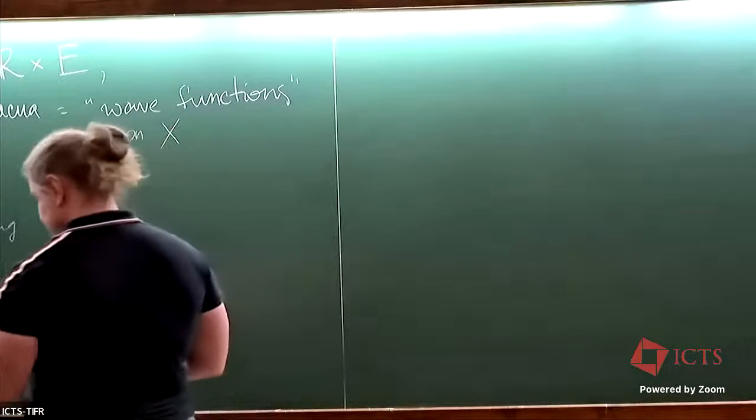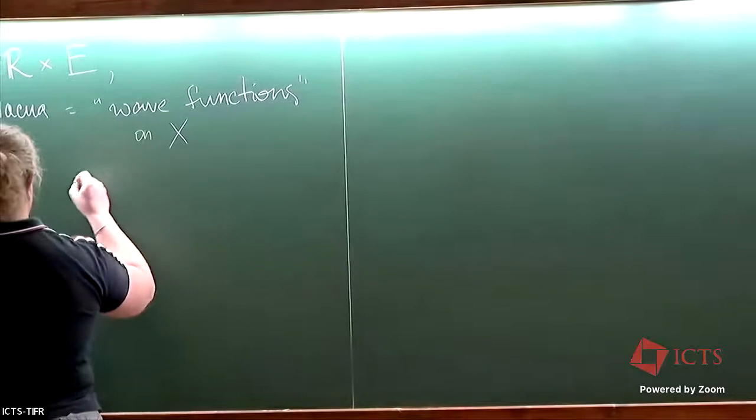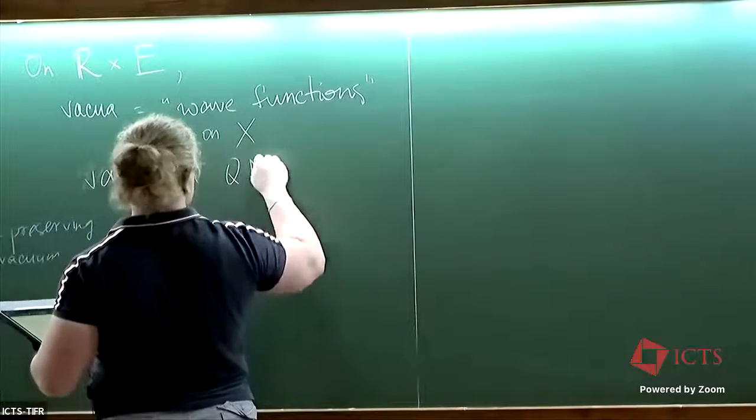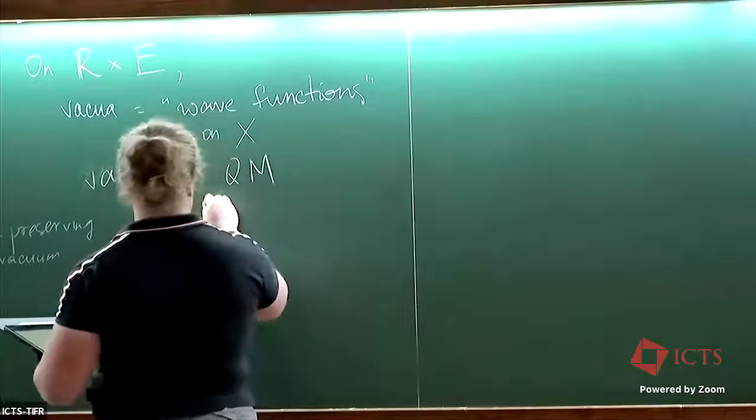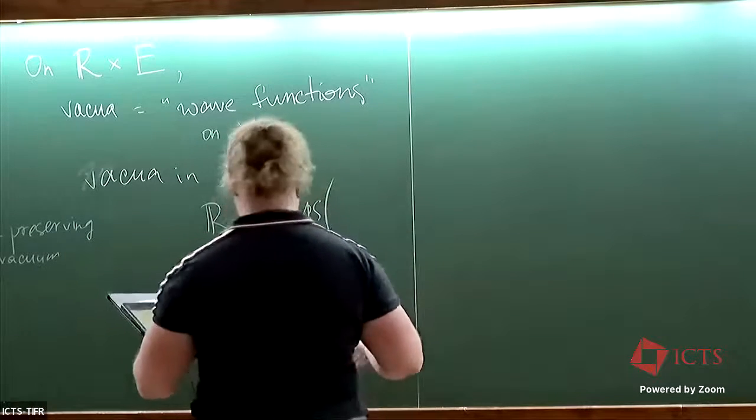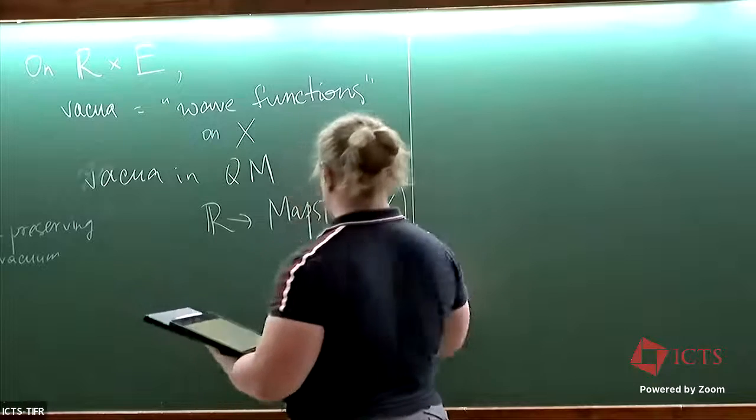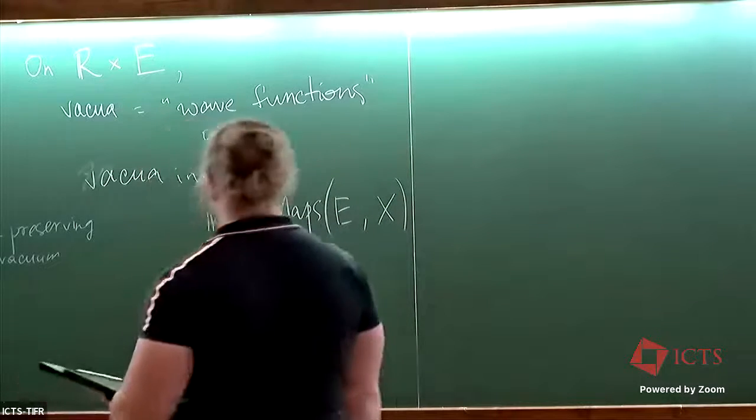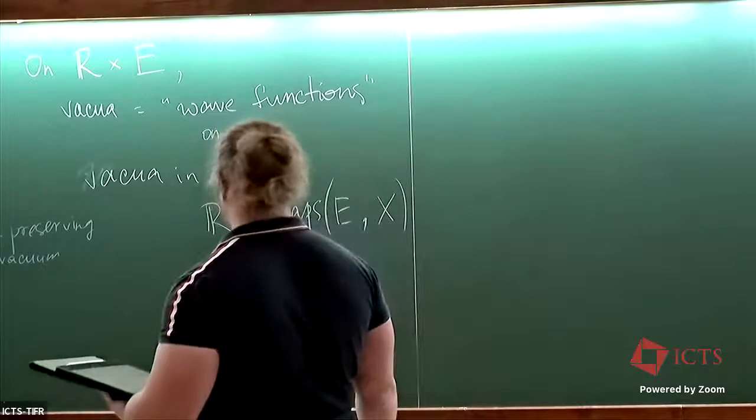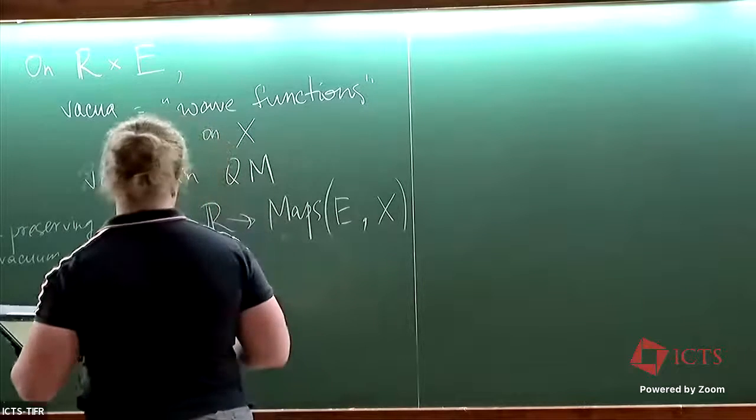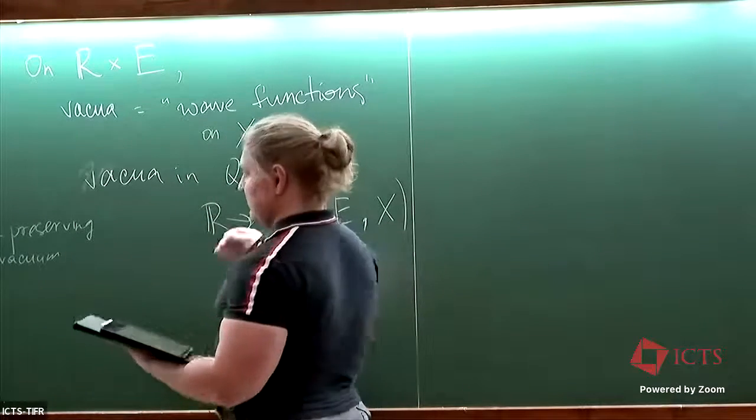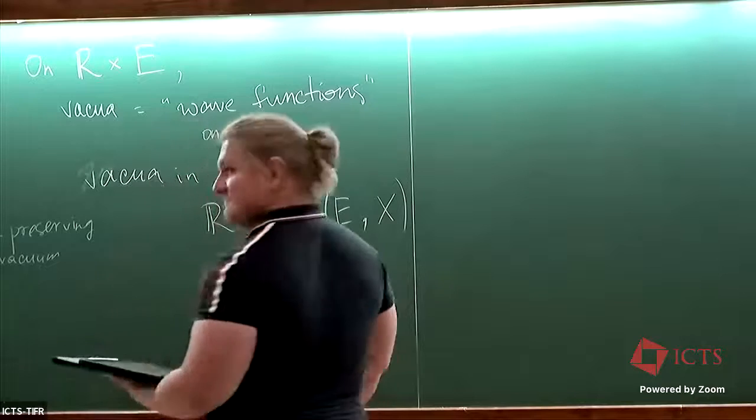and you can think of them as vacua in quantum mechanics of maps from R to maps from the elliptic curve to X. And I don't specify what kind of maps I'm looking at, because you might change the classes of maps you study along the way, depending on the physical question you're asking. But